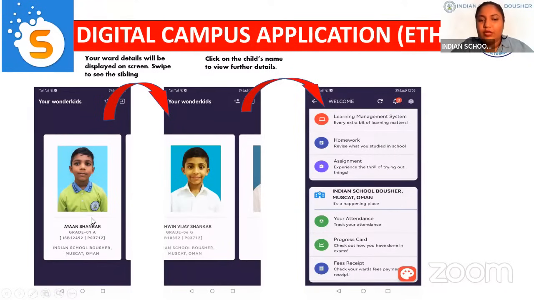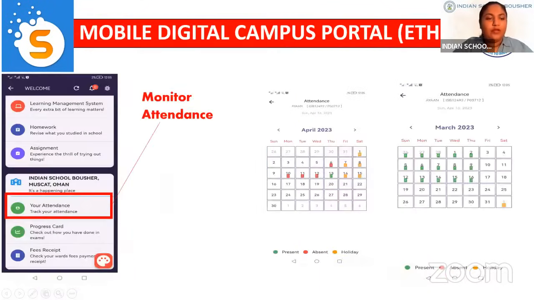Here, all the 3 kids are there. You have to slide the pages to go to the next slide if you have a sibling. Here also, you can notice in the third image that there are some features like LMS, homework, assignment, which we are not using. The second section you can see over here: the attendance, progress card, and fee receipts are the features that you can use. If you click on the attendance, you can monitor your child's attendance by noticing the present, absent,